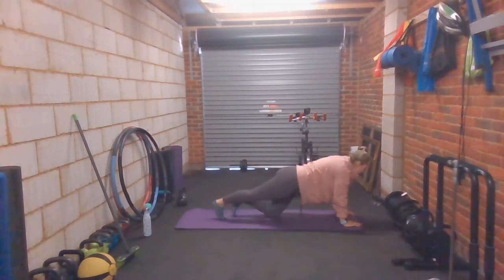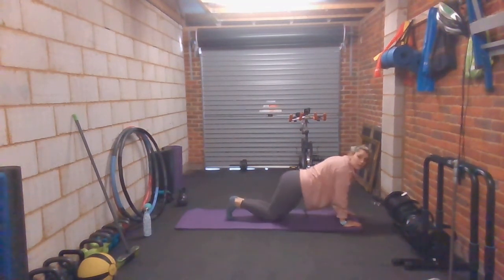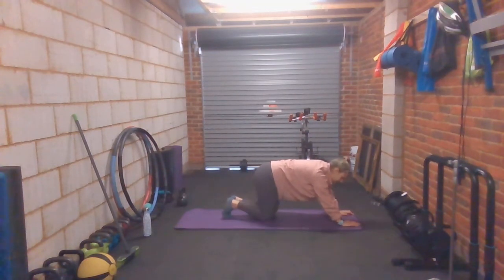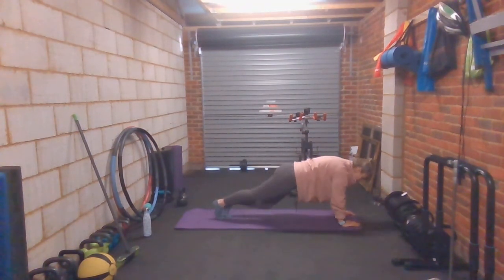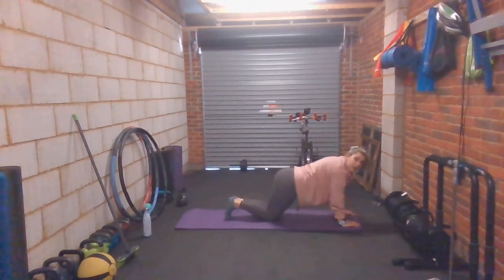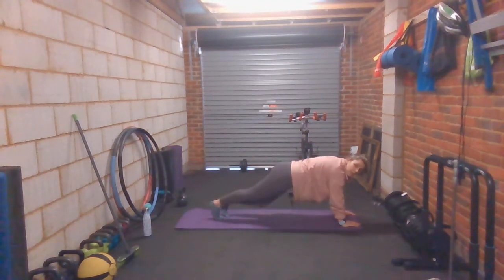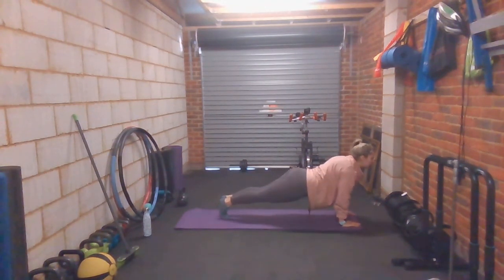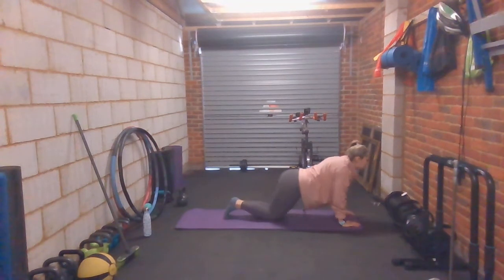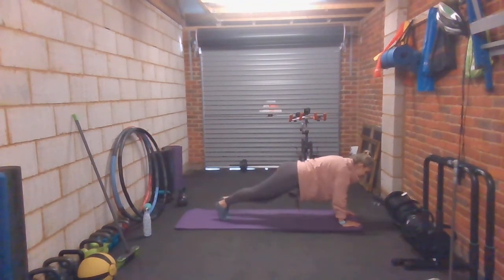Make sure that as you come into your plank, you're squeezing your bottom, pulling your tummy in. You're breathing. Those shoulders are away from the ears. Long line. And back down. You've got 2 more here. Stepping back and back. Long line. And down. Last one, step back, long line,